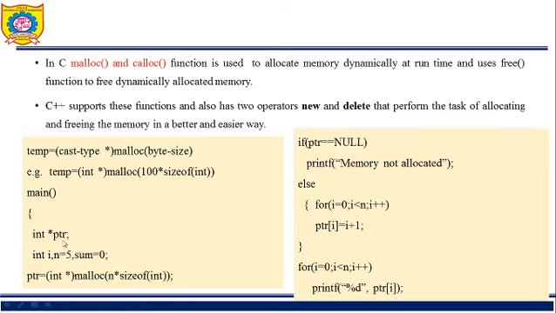Here is an example of how to use malloc. We have taken one pointer variable of integer type. Here we have used a cast type on the value returned by malloc. So whatever value is returned by malloc will get converted into integer and then assigned to ptr. Then the integer variable declarations: i, and n is equal to 5.